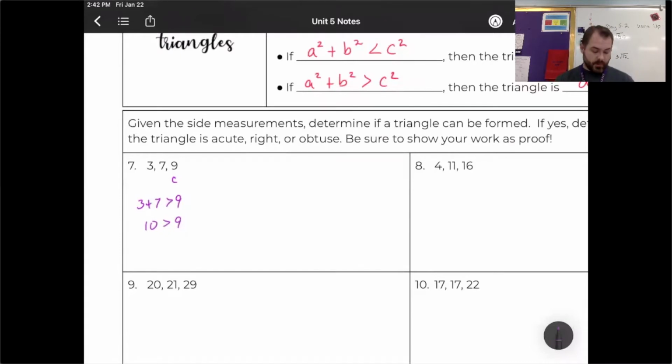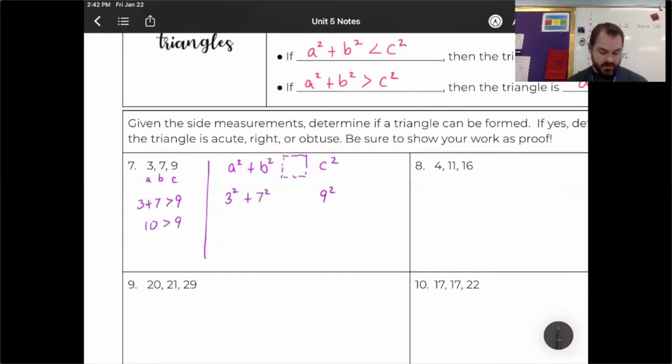And so now we want to check it with Pythagorean converse. So we do a squared plus b squared, and then don't write equals, don't write anything yet in this space. We're going to compare it to c squared with an inequality or an equal sign based on the numbers. So a and b have to be the two shorter ones. So we'll do 3 squared plus 7 squared on the left, and c squared is 9 squared on the